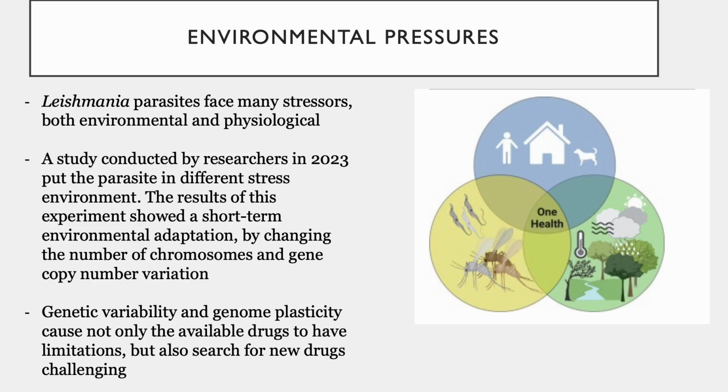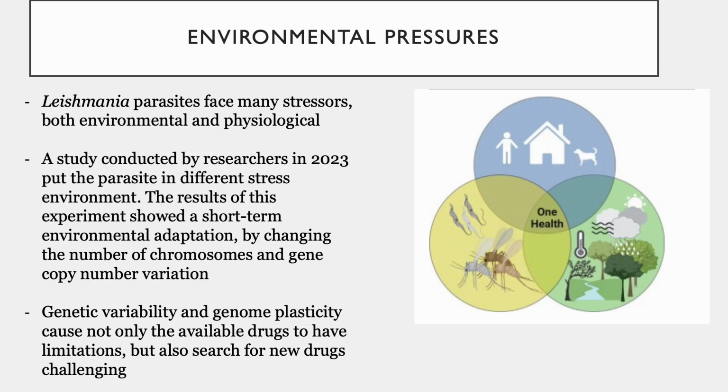One way Leishmania adapts is through the change in its genome. Research shows that parasites can alter both chromosome and gene copy number. For short-term adaptation, chromosome amplification plays a big role, while long-term adaptation often involves a change in the gene copy number. Interestingly, these genetic shifts are reproducible but unique to each strain, meaning Leishmania evolves in a way that's tailored